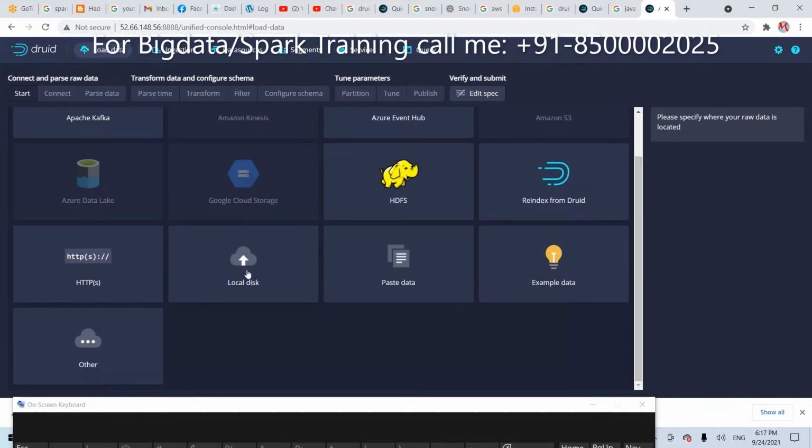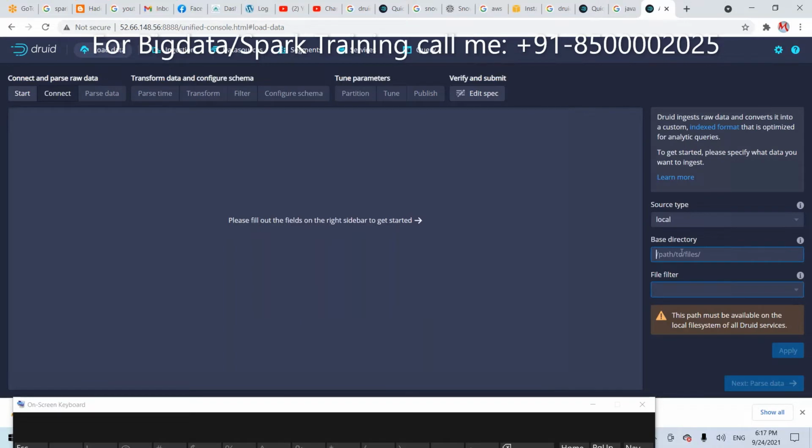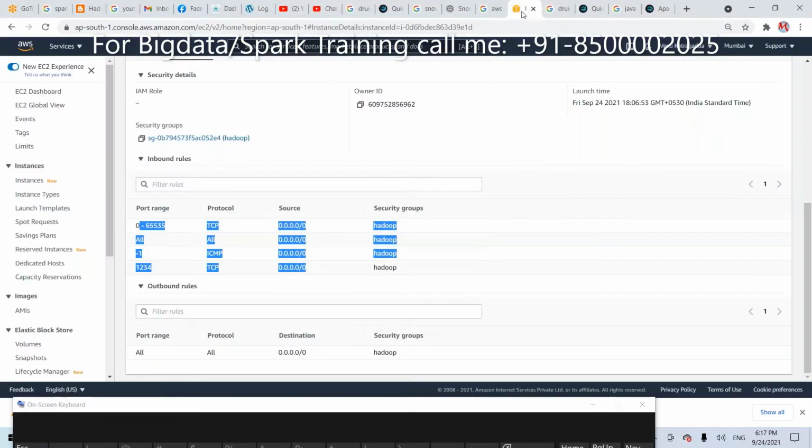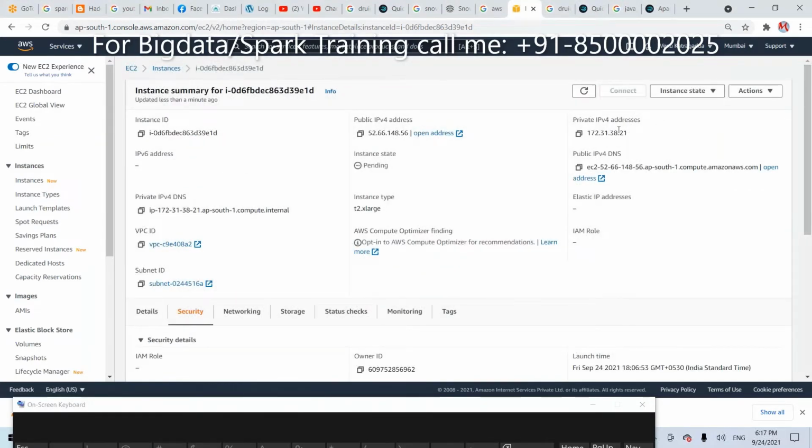As of now, for testing purposes, local. Continue. I want to read data from somewhere. Anything is fine. Do one thing, testing purposes as of now. If you want to transfer a huge amount of data, you can read data from S3 also. That's not a problem.